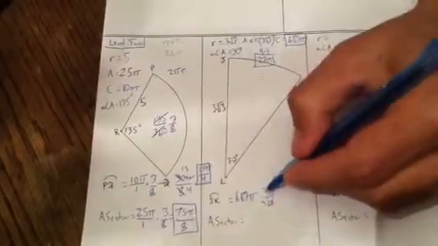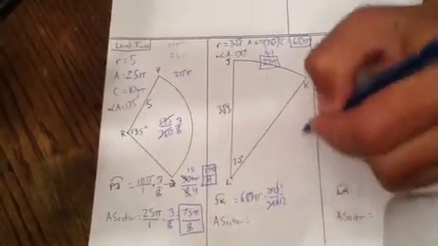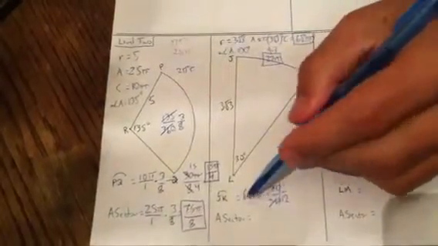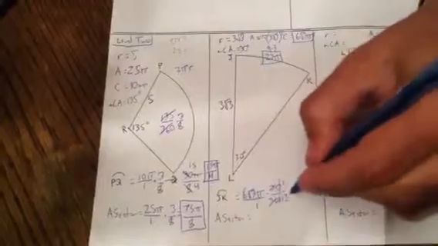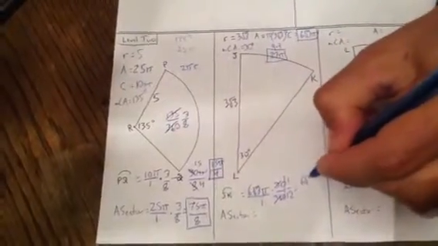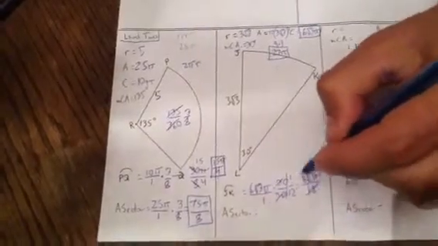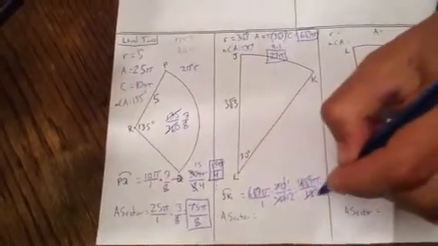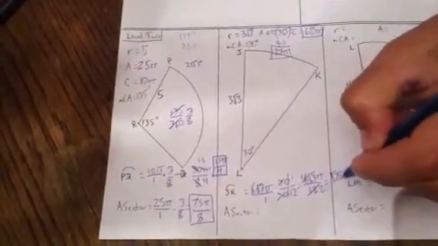Cancel the 10s right away. 3 over 36 equals 1 over 12. So what we've got now is 6 square root of 3 pi times 1 over 12. So put this here, that yields 6 square root of 3 pi over 12. The 6 and the 12 can reduce to 1 and 2, leaving finally square root of 3 pi over 2